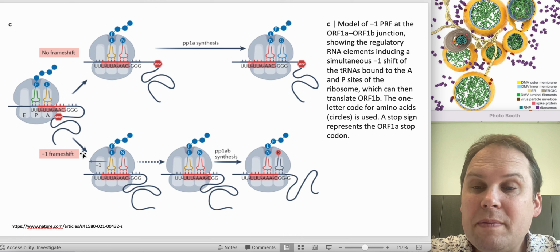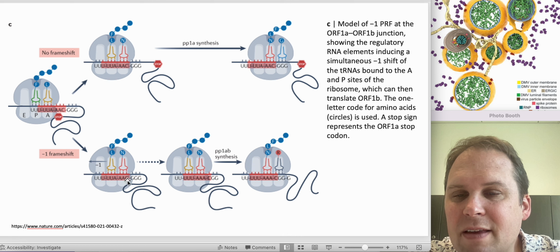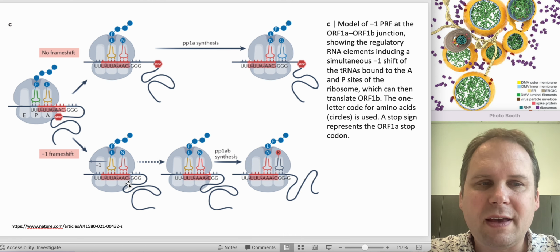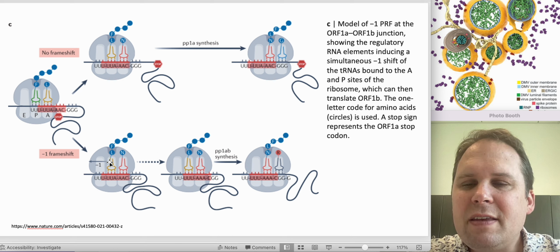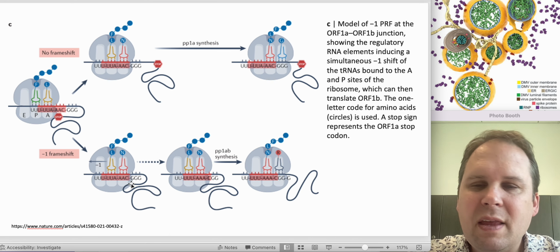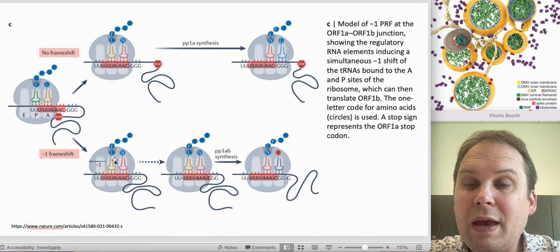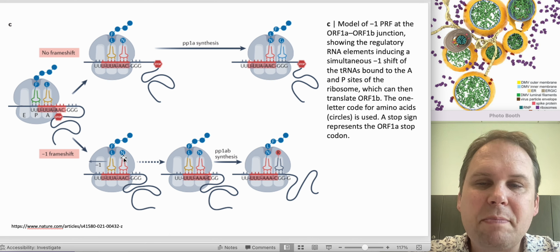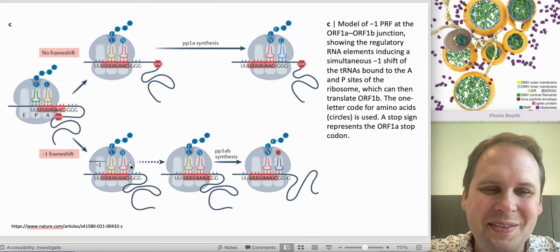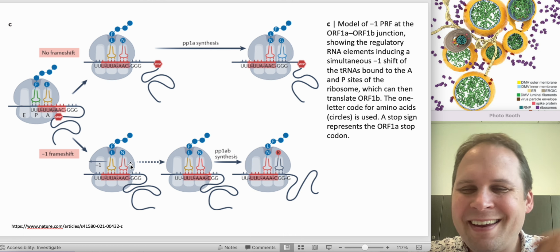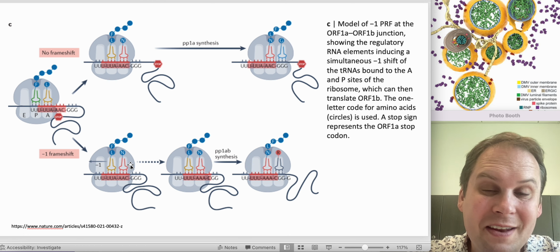If it doesn't do that, though, it will do this -1 ribosomal frame shift. And here's what's actually going on inside the ribosome. There are nice structures now that tell us what's going on and back this up. You'll bind a tRNA in here, and it'll be bound to UUA AAC. The UUA is going to have a leucine on it, and the AAC is going to have an asparagine amino acid on it, because that's how translation works. That's why AAC codes for an asparagine.